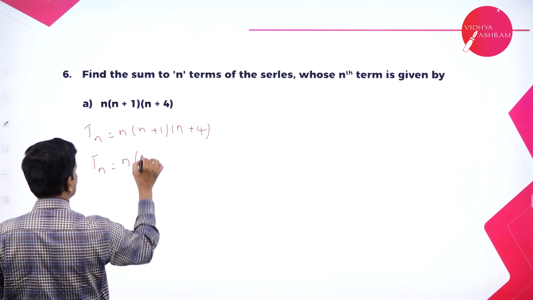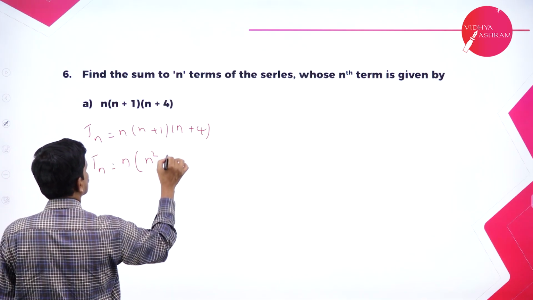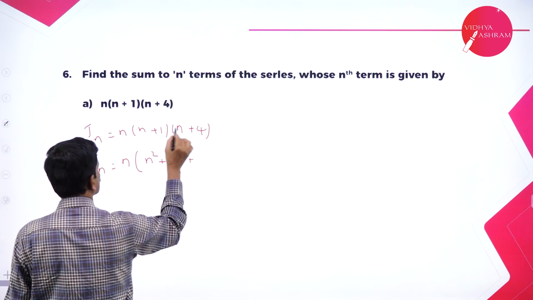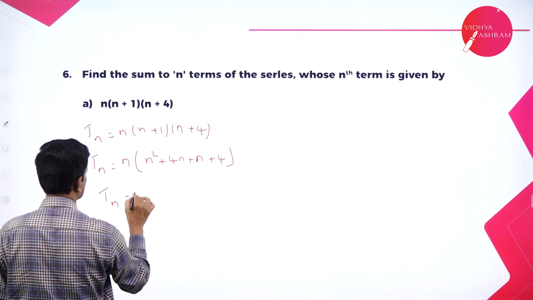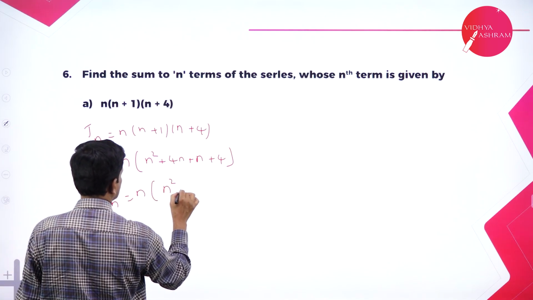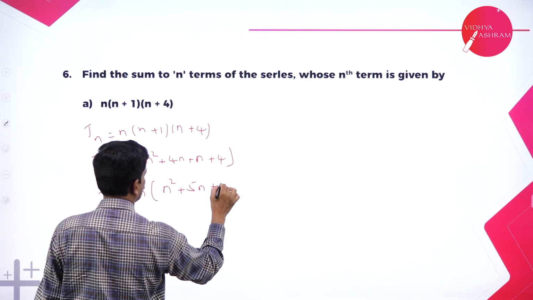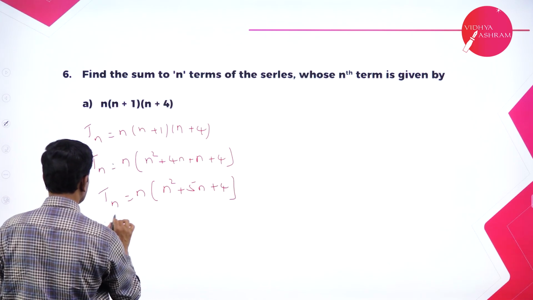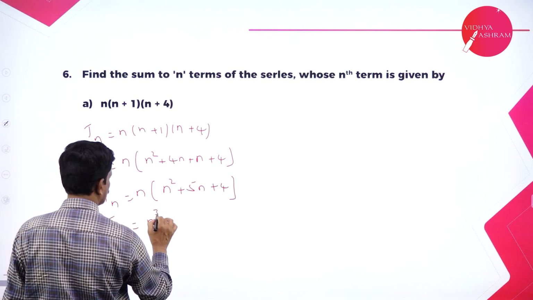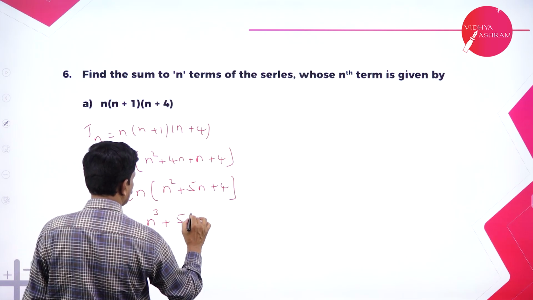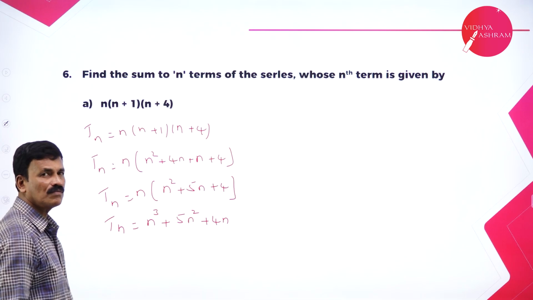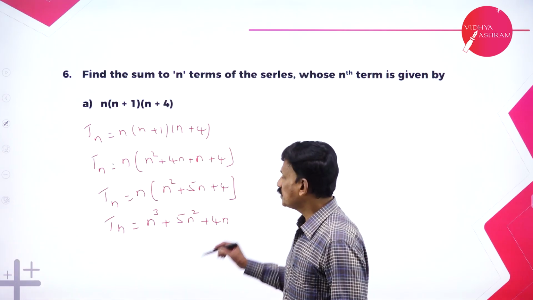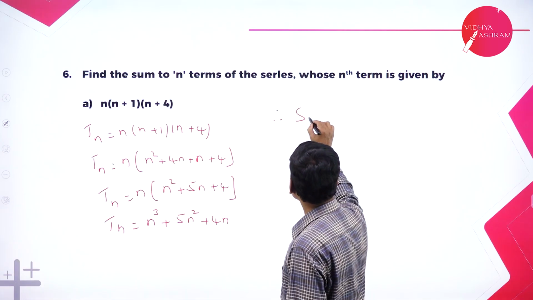n as it is. n into n is n square, plus n into 4 is 4n, plus 1 into n is n, plus 1 into 4 is 4. So Tn is equal to n into n square plus 5n plus 4, or Tn is equal to n square into n is n cube, plus 5n square plus 4n. Now just find the sum for this. That's it. Okay. Now therefore Sn is equal to